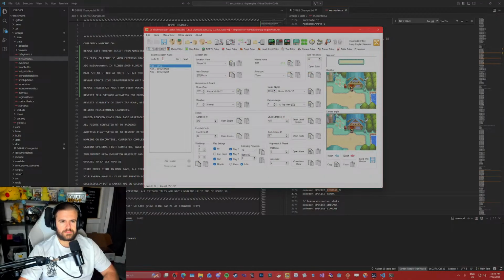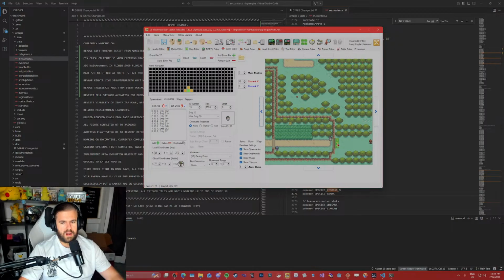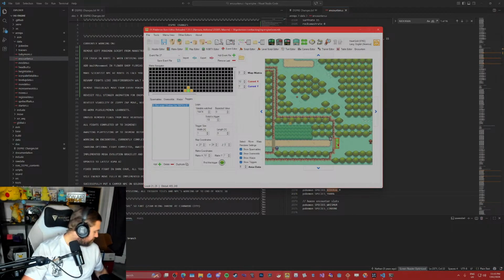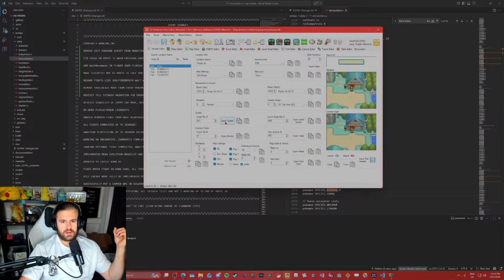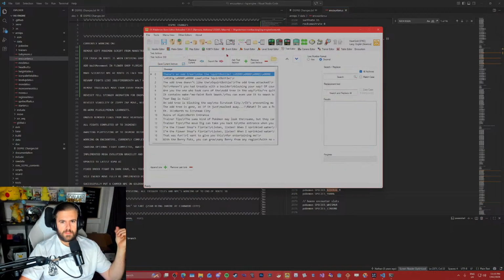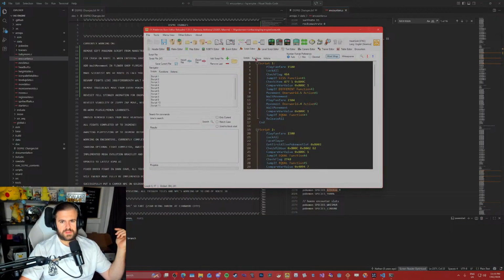So if I go to right here, and then pop. Yeah, so it runs script 13, which is what I got set up, right?